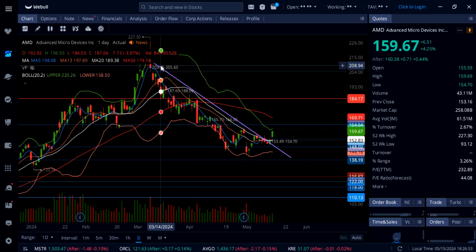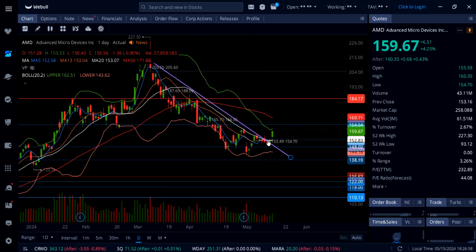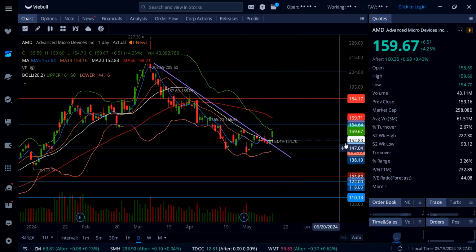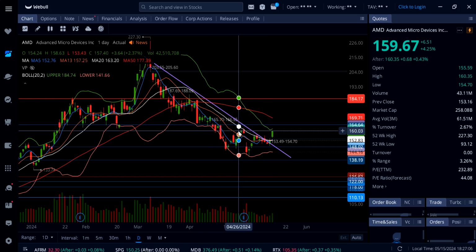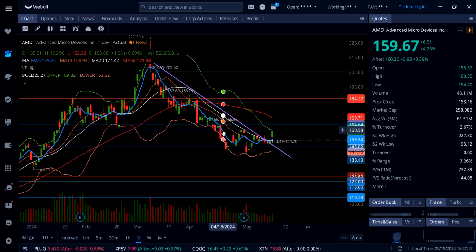And also this resistance trend line, now that's going to be a support to watch because we got the breakout today. Now to the upside, the next stop here on AMD, 164 right here. As soon as that breaks, you're going to see AMD closing this gap, 166.55. So watch out. There might be more money-making opportunities on AMD in upcoming days,